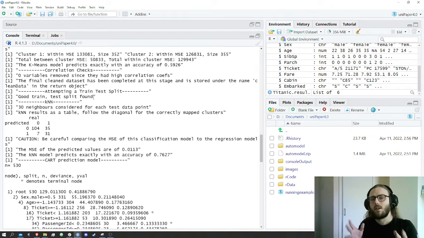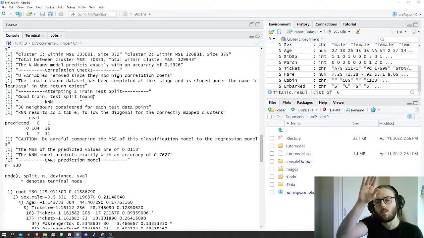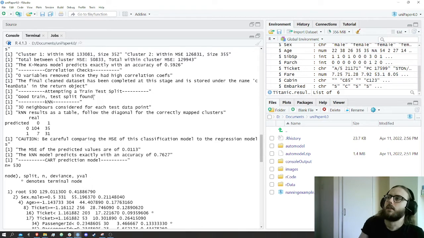So after that, it's then going to attempt a train test split. What it means by attempting is that it's going to try and find a test train split where the training set maintains variance in all the variables within it. So what that means is that the training set doesn't want the variables to